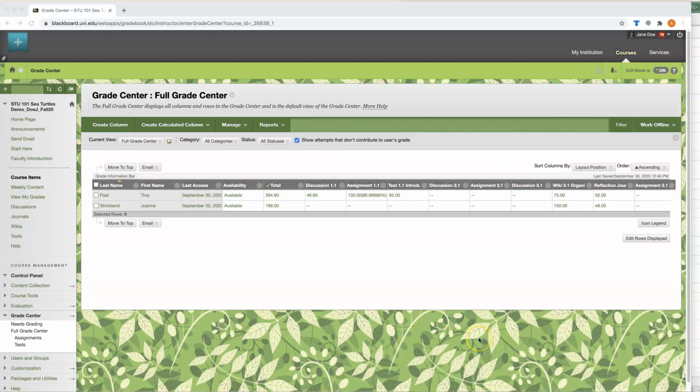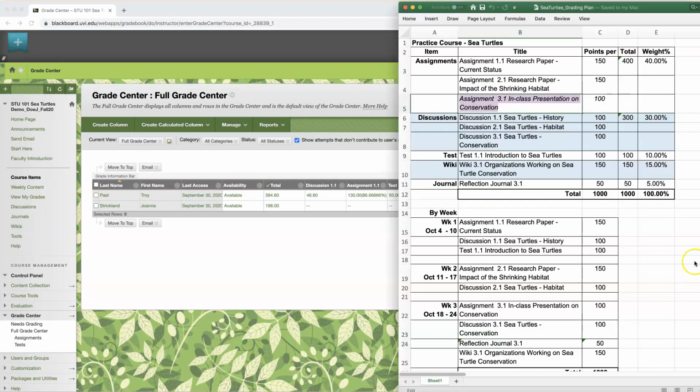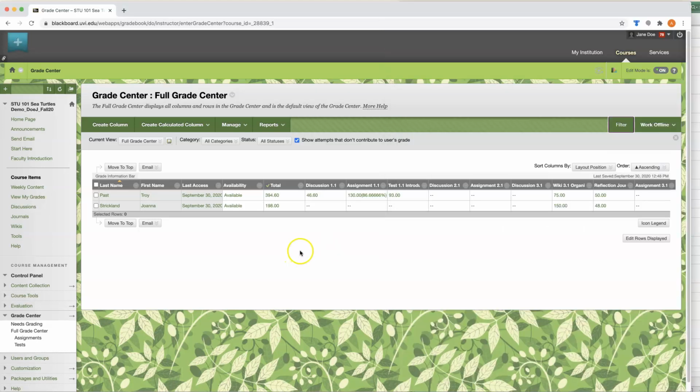Before we wrap up, there is one final thing we need to do. And that is to make sure that the totals column displays 1000. There are 2 ways to check that. One is to go here and click on Quick Column Information. This shows us the total points possible, and it is 1000, so it looks like we've done well so far.